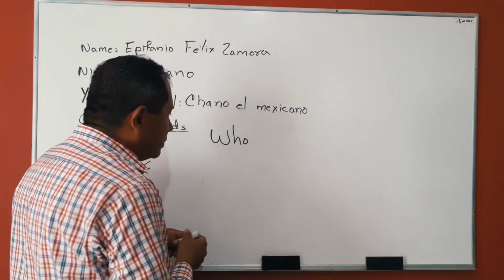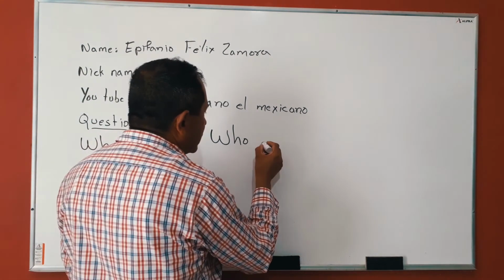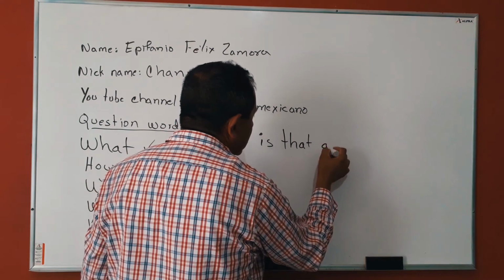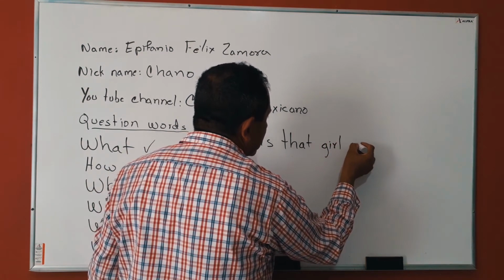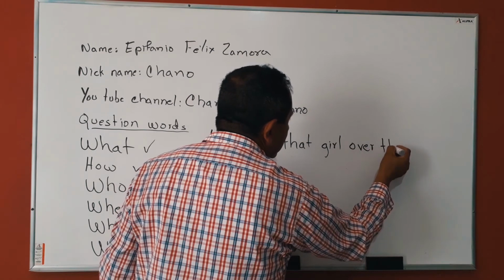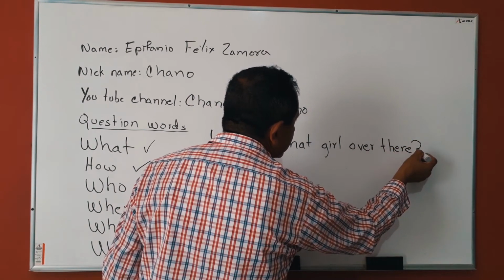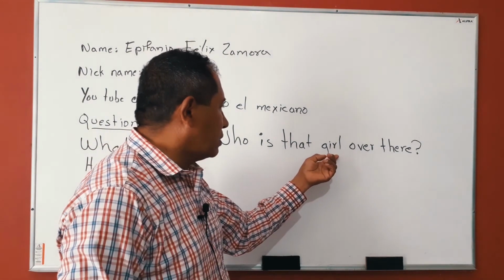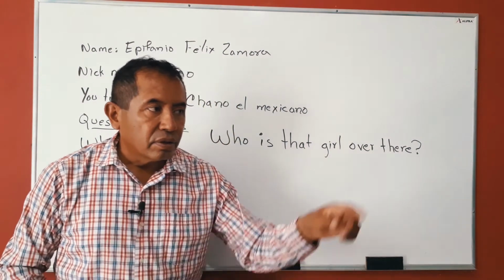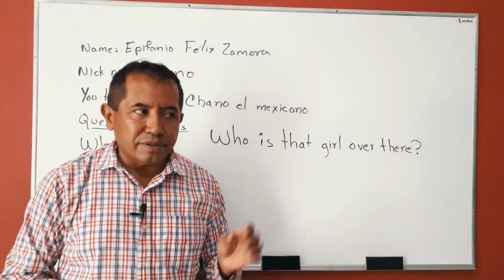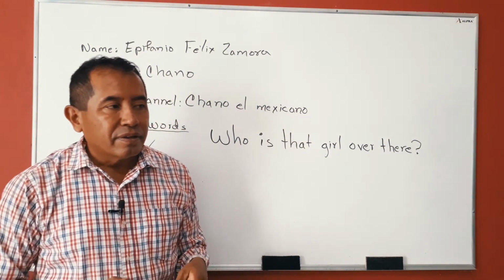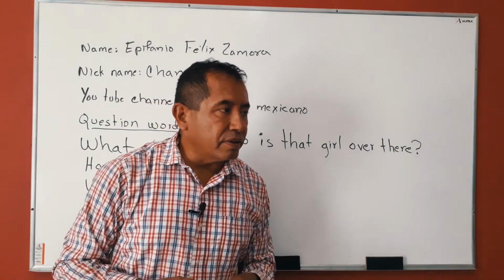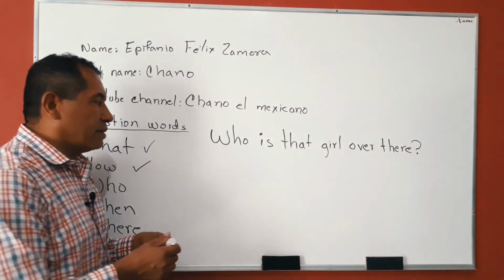Another question could be, who is that girl over there? Who is that girl over there? Maybe it's a lady that you like, and you see the lady and ask your friend, hey, who is that girl over there? A possible answer could be,